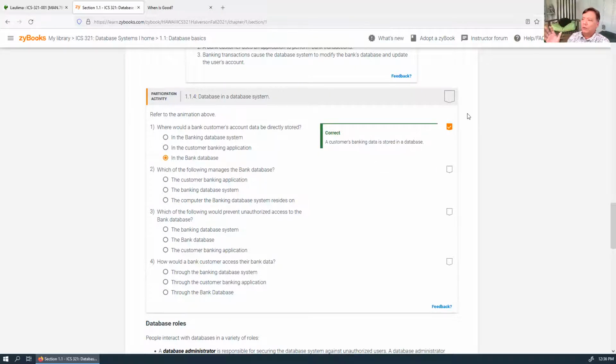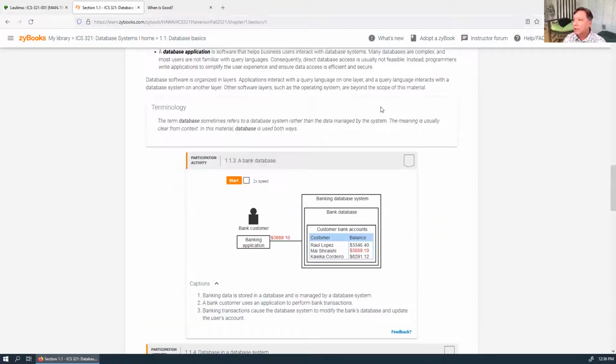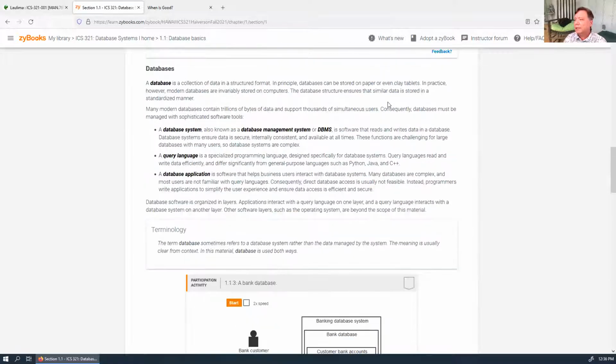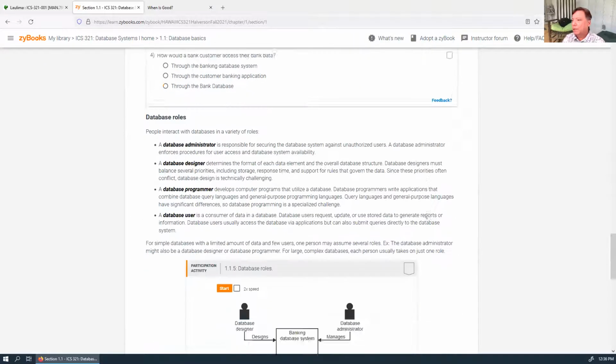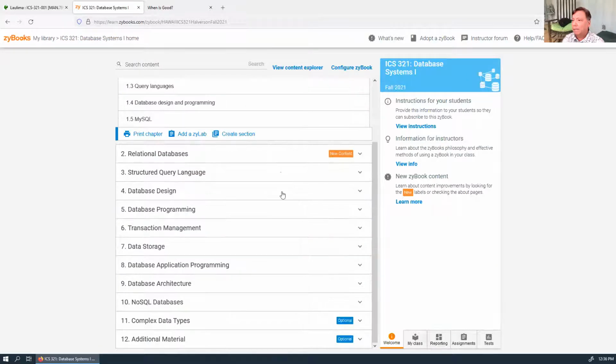Now, of course, you shouldn't take it this way. You should read this and try to understand it. And it's all very interesting stuff, very simple, little chunks of information. Do the participation exercises, and then you get the points. So there's participation exercises, and there are, if we go farther down here,